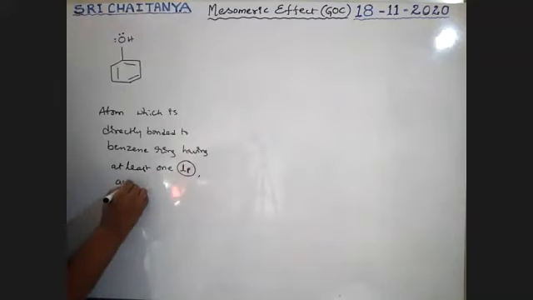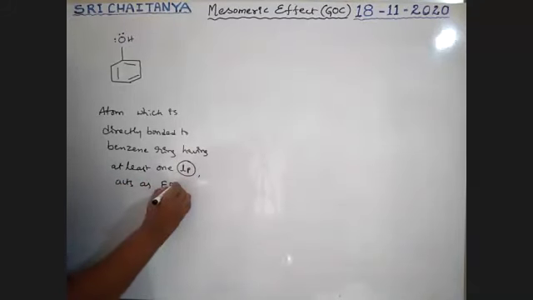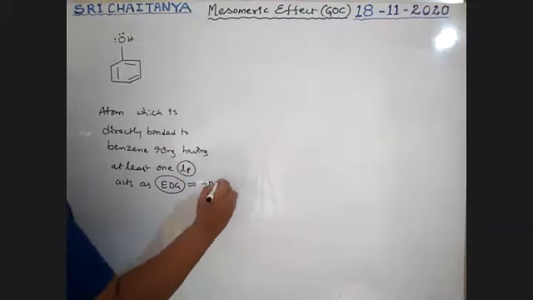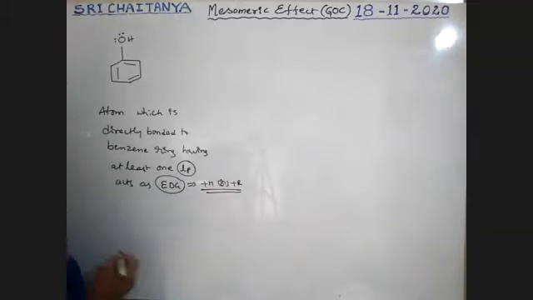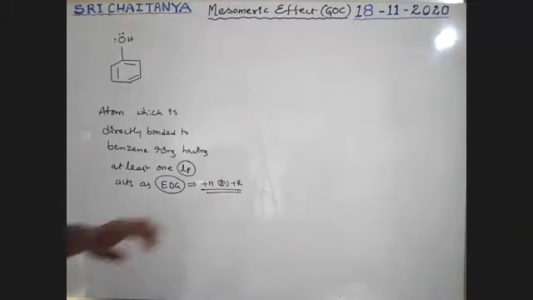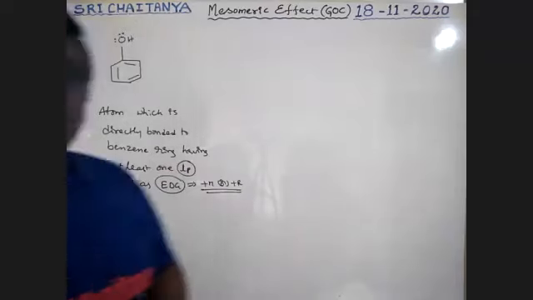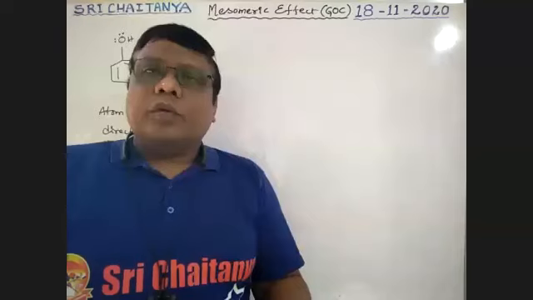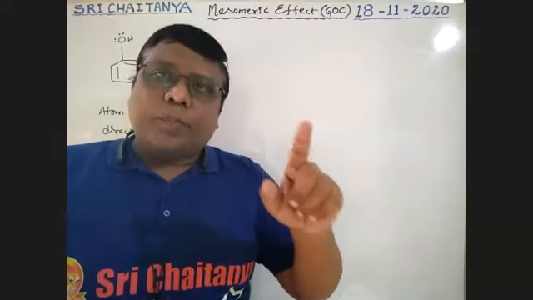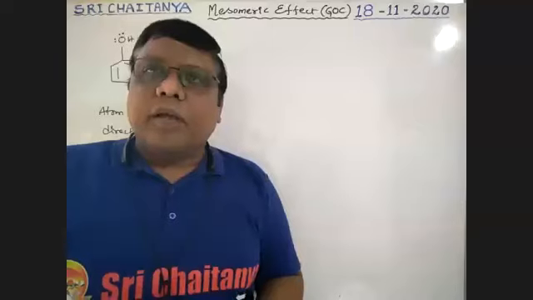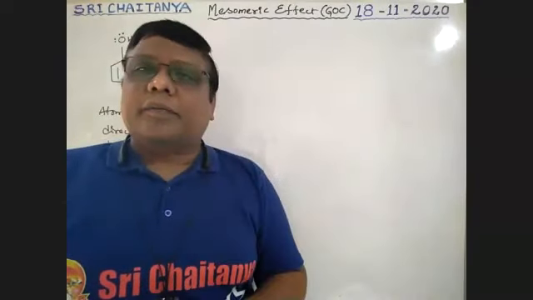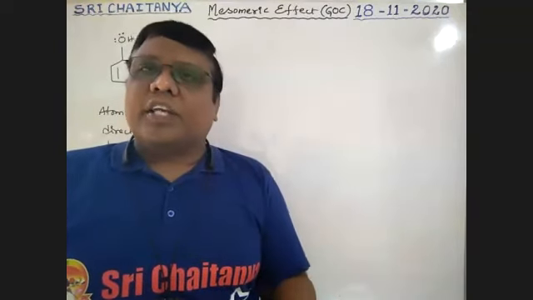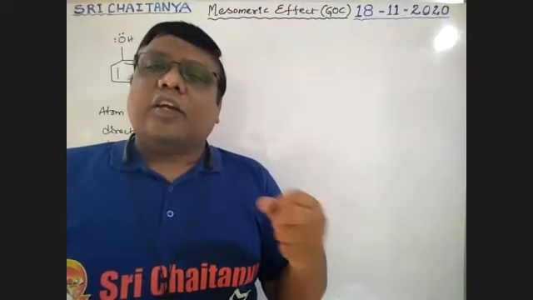acts as electron donating group and plus M or plus R group. Plus M or plus R. Sir, how to identify is this plus M or plus R? That means any atom, any group, whatever it may be, there should be an atom which is directly attached to benzene ring. That atom has at least one lone pair that always donates electron pair, and that lone pair is involved in conjugation. So automatically that gives electron donating tendency.